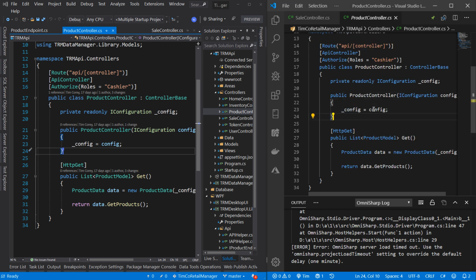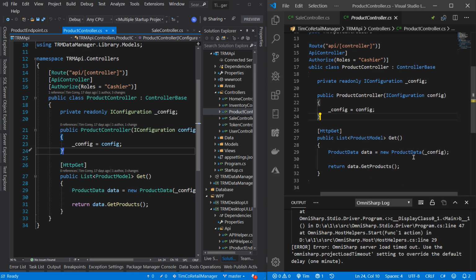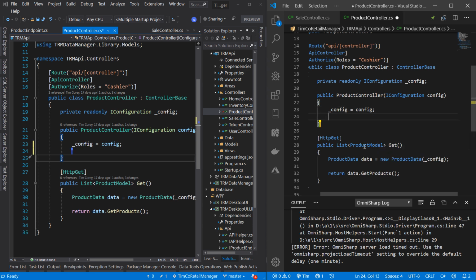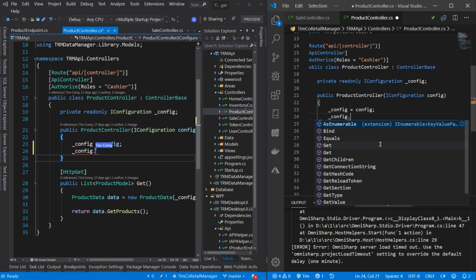And if you look, we have the config, which is IConfiguration. Now, a config allows us to get information about the app config or appsettings.json. Okay. Well, if I came down here, notice it's read-write, so I can actually write code. Again, on the client side, I can say _config dot. And look at that. I have IntelliSense. So all the things that are available to me in IntelliSense are available on the client as well as the